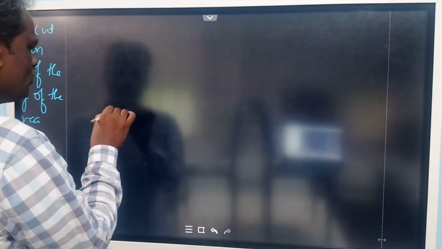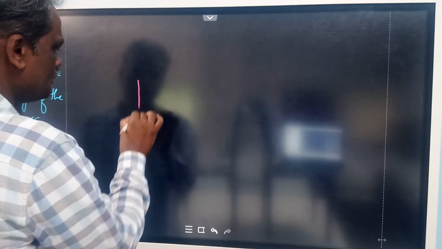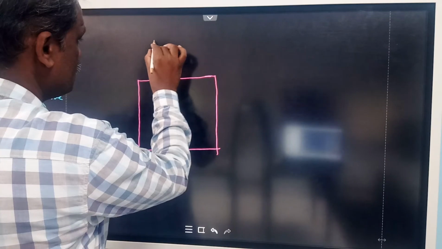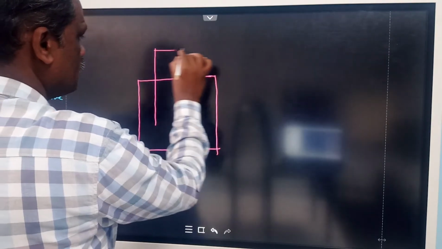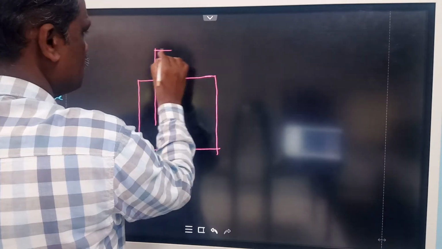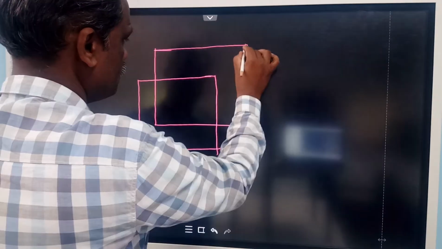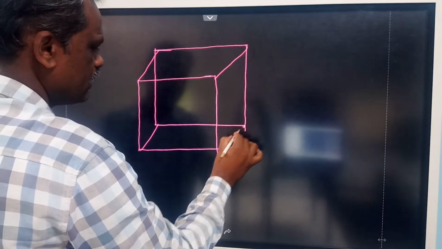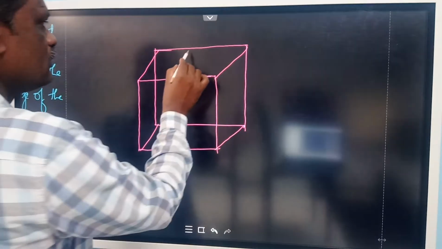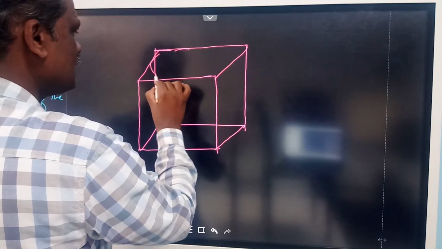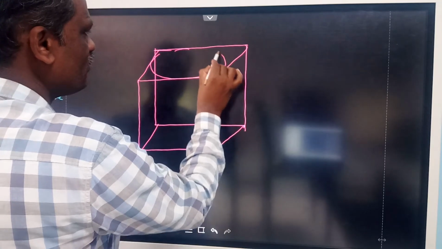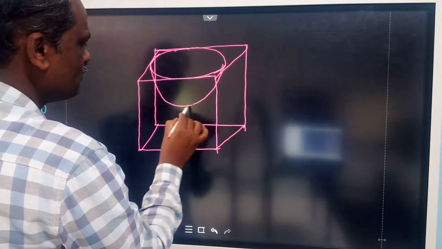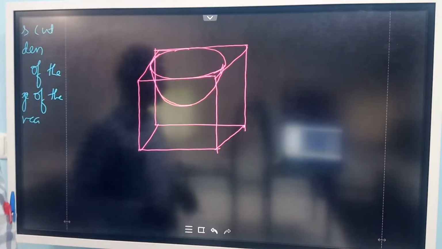I am going to draw one cubical block now. Let us draw a cubical block like this. You can join like this. Now you can view the top surface clearly. Here is a depression, so that means the wooden part is taken out from this cubical block. This is the depression you can see now. This portion is taken out.